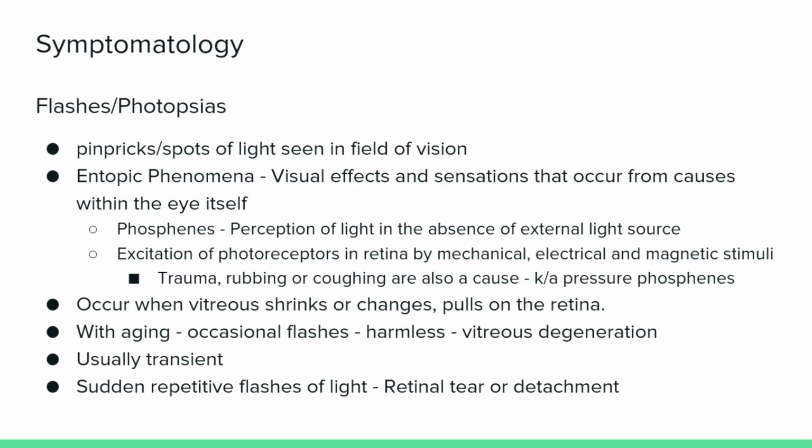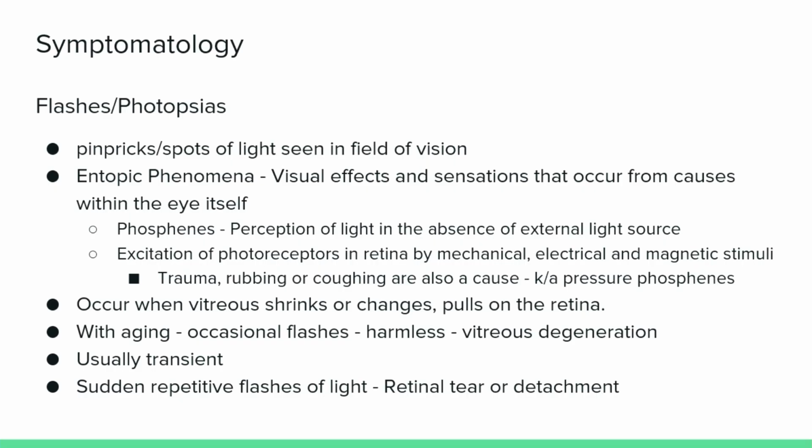Flashes and photopsia are pinpricks or spots of light seen in the field of vision. These are entopic phenomena, which means visual effects and sensations that occur from causes within the eye itself. Phosphenes are a type of entopic phenomena where there is perception of light in the absence of an external light source. Excitation of photoreceptors in the retina by mechanical, electrical or magnetic stimuli can give rise to phosphenes. For example, trauma, rubbing of the eye or coughing